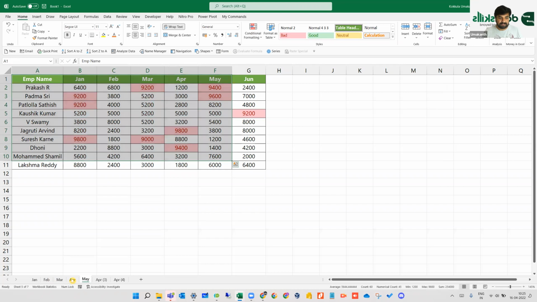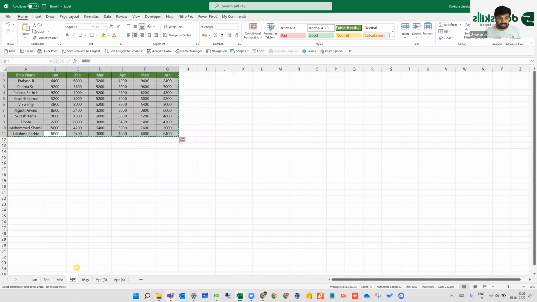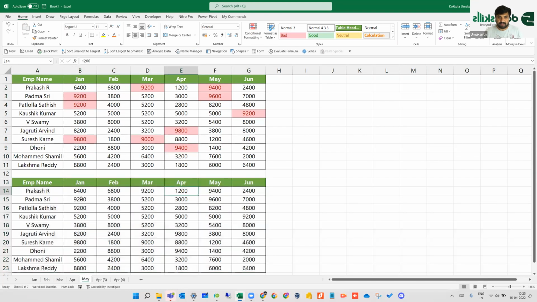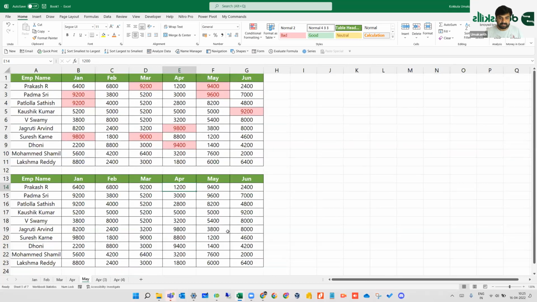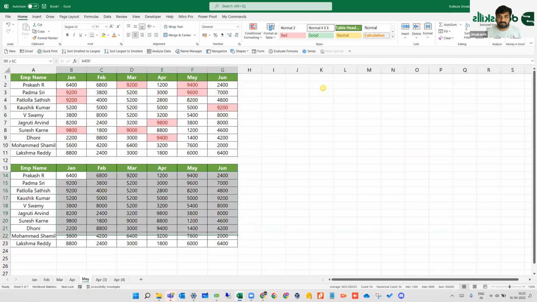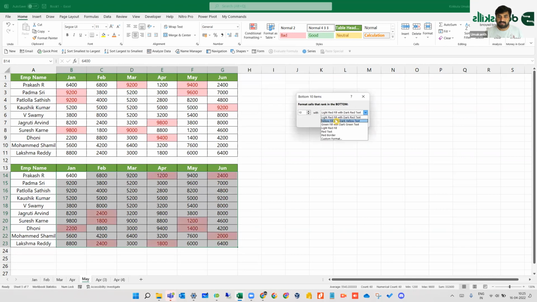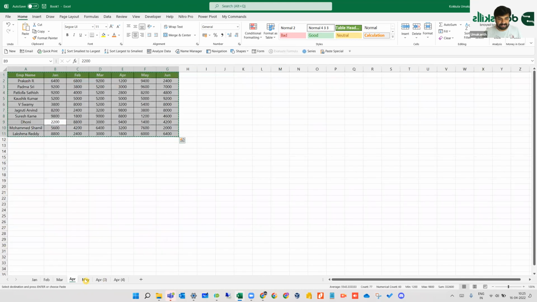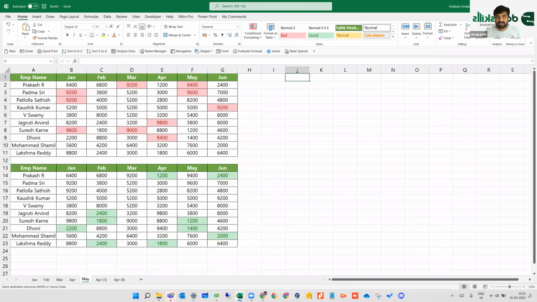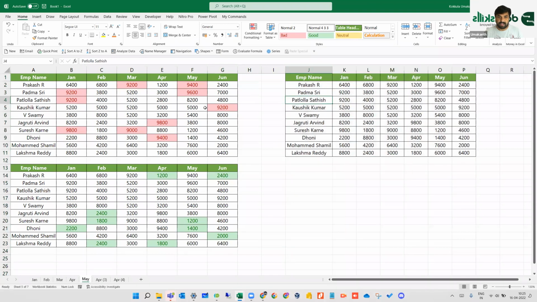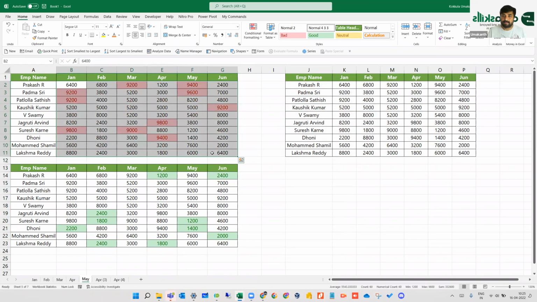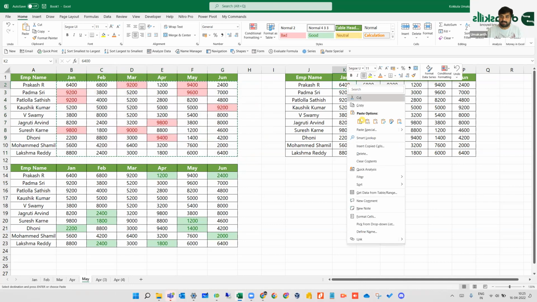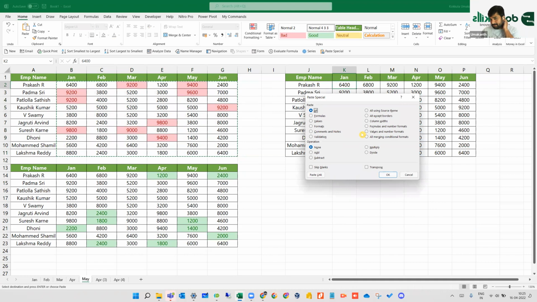Now I have the same data set here in the May month. For this data set, I'll apply the bottom 10 items, but with green color. Now I have another data set, just next to this, again the same data set. What I wanted to do here is merge both. I will apply the same conditional formatting here. Just copy this, come back here, paste special,